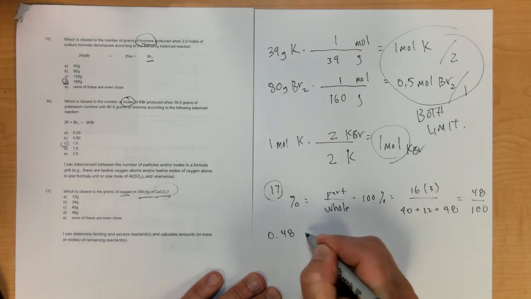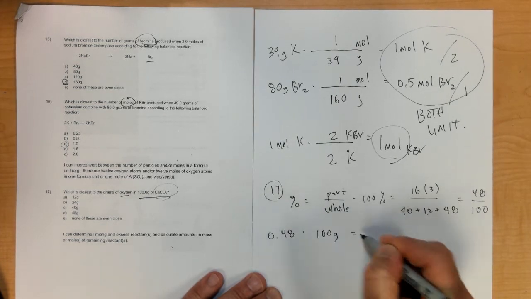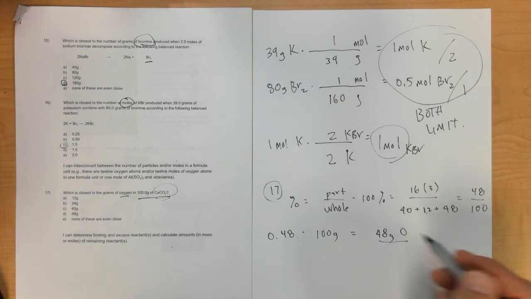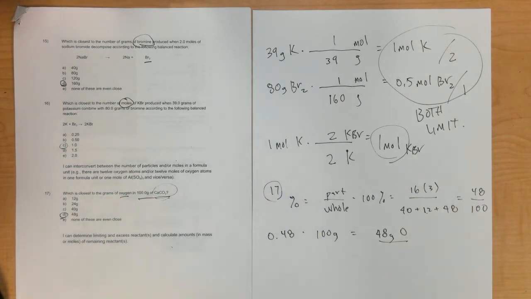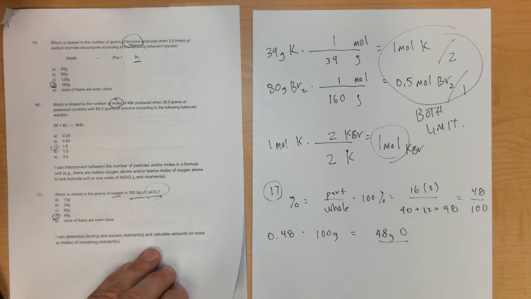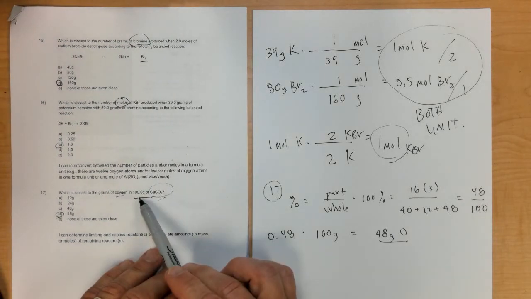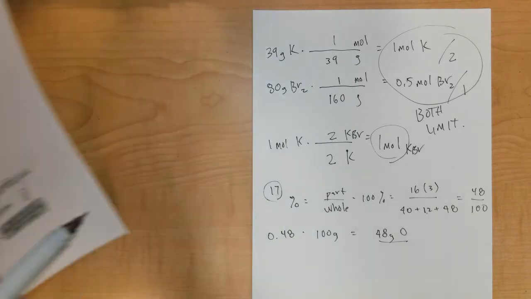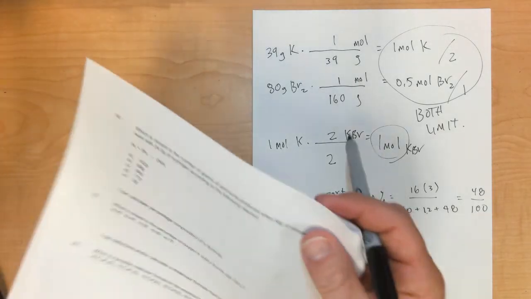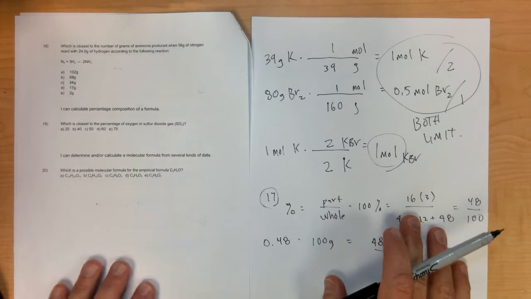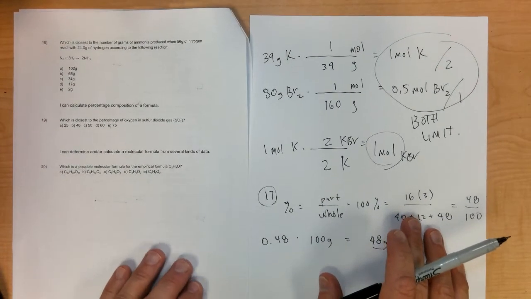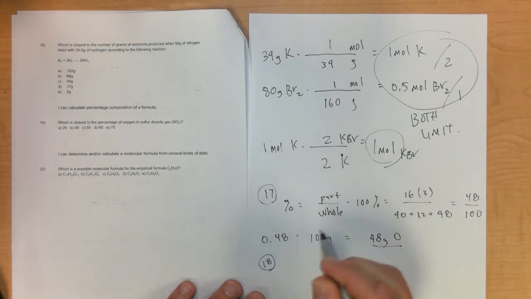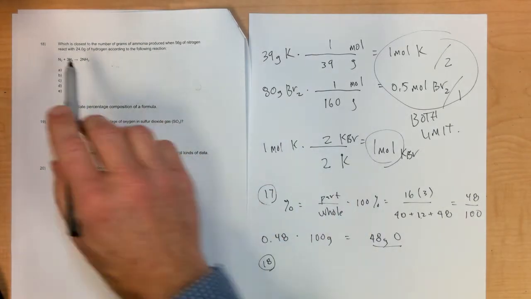So 0.48 times my 100 gram sample would tell me that there are 48 grams of oxygen inside of this. Letter D. Now there's other ways to do this as well. You could convert to moles, and then you could do a 3-to-1 ratio for the molecule as well. Either way you like doing it is correct. Number 18, which is closest to the number of grams of ammonia produced when 56 grams of nitrogen react with